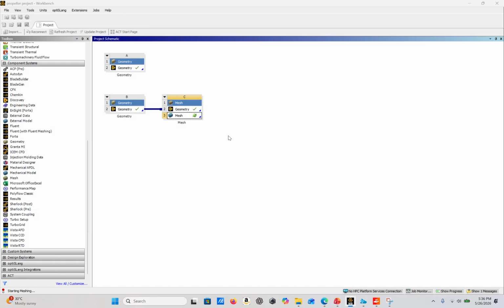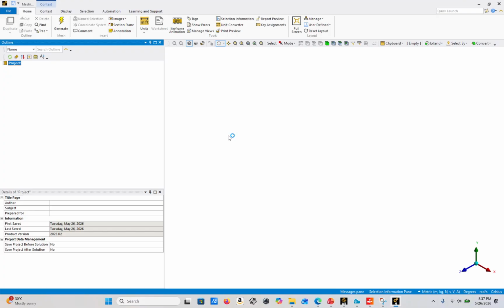Now the mesh might look a bit different in terms of the background, because my background is completely white. It might look different for you guys, maybe a slight bluish color, but that's completely fine. Everything is still the same. Just waiting for the domains to be shown. There you go, it's loading. Okay,